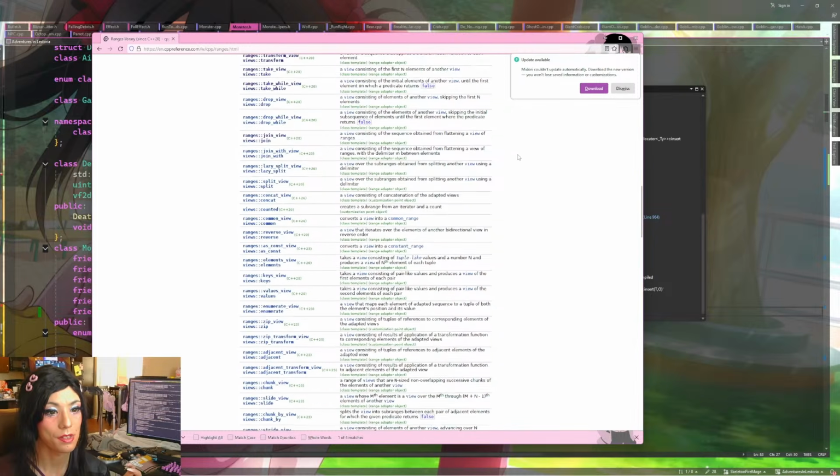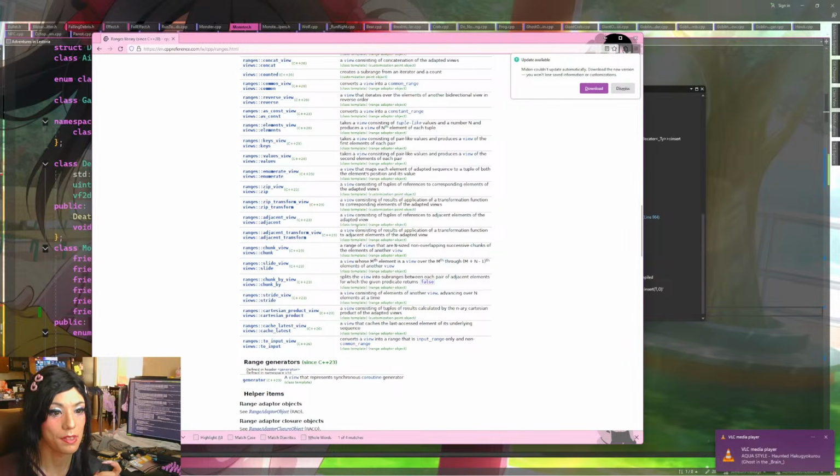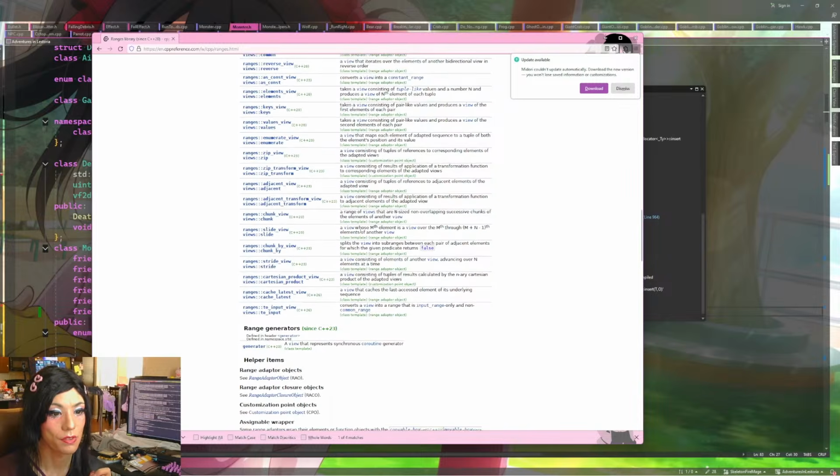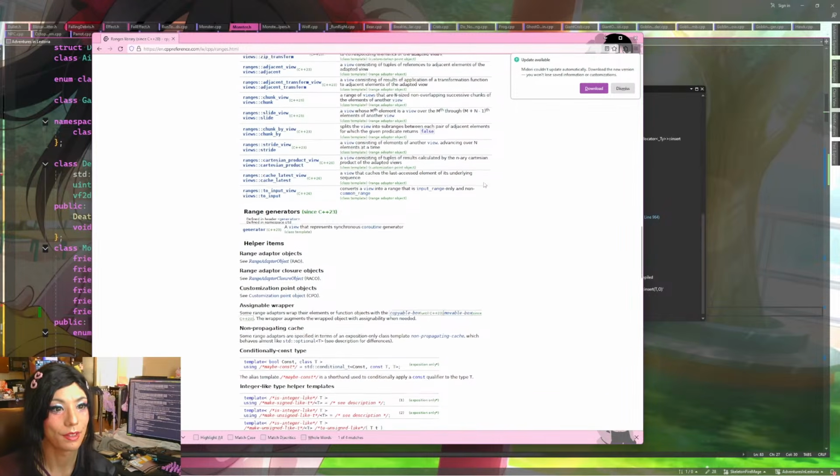Counted, split. Elements as cons to reverse enumerate values. Adjacent transform, chunk by. Nothing here seems to do what I need to do.